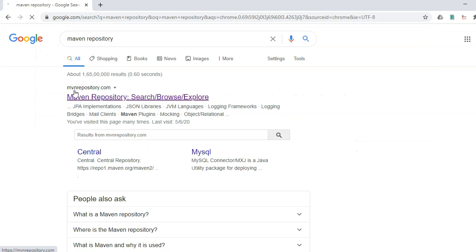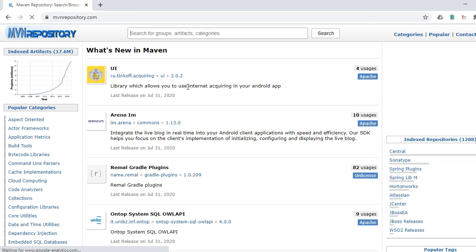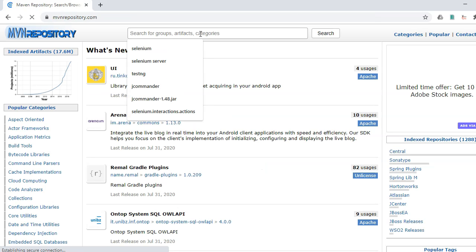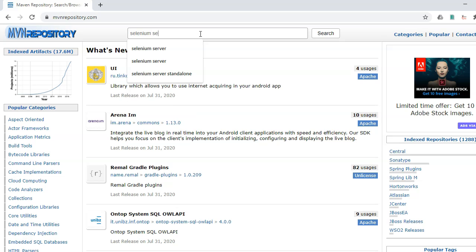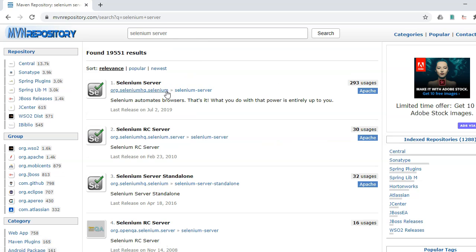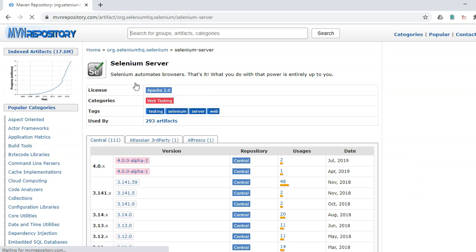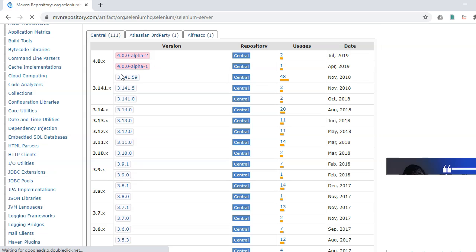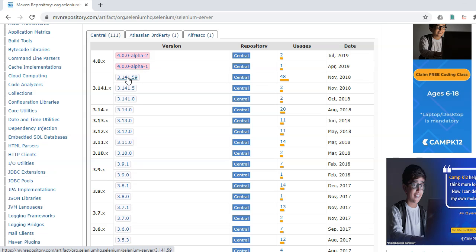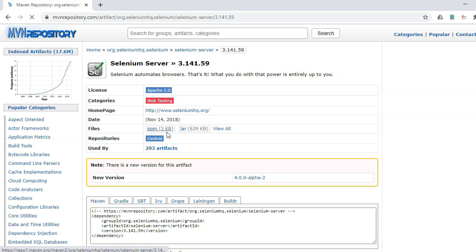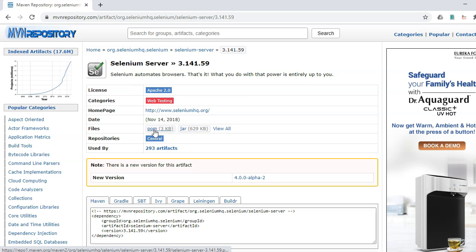Once you are here, just click on this first URL, okay, and type here Selenium server. Let's say I want to add this jar, so I will just click here, and suppose I want to download this version of jar, I will click here and I will click on this jar. Okay, not POM, I will click on this jar.